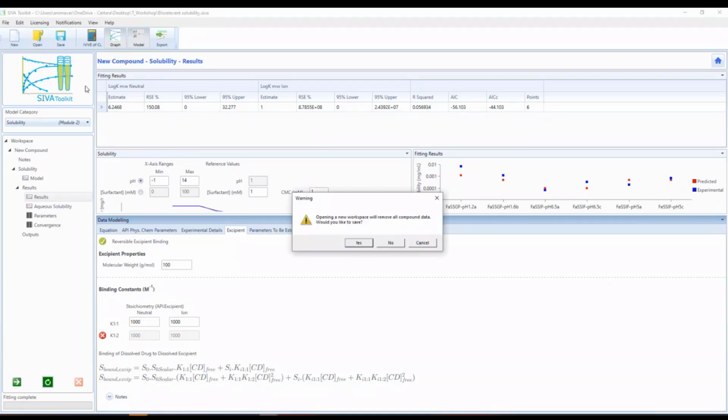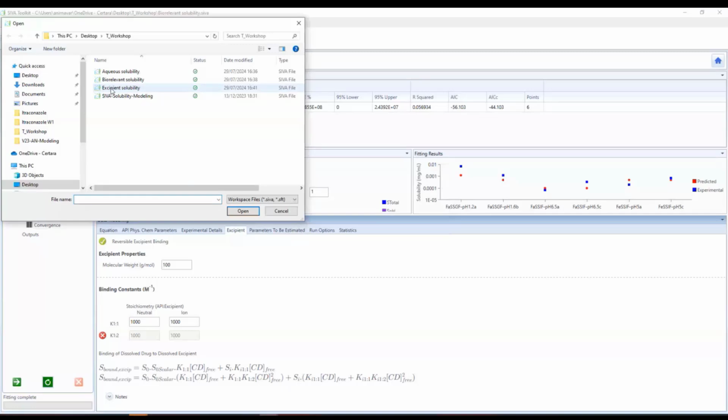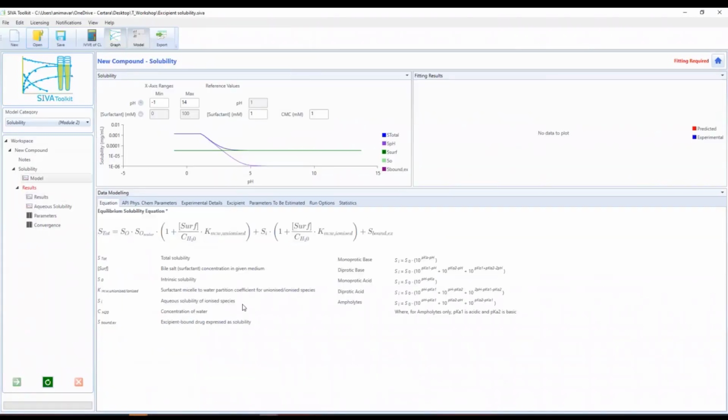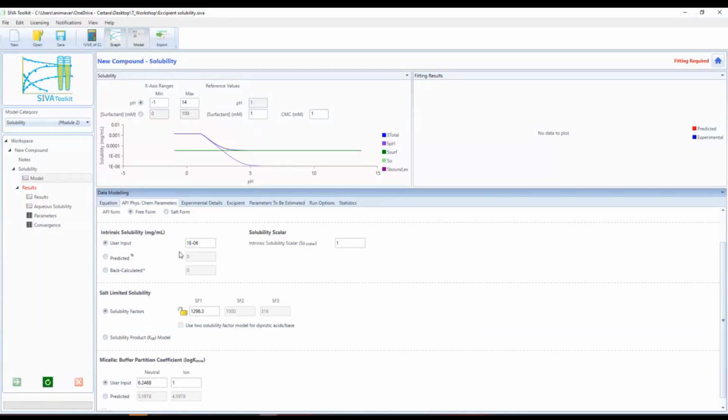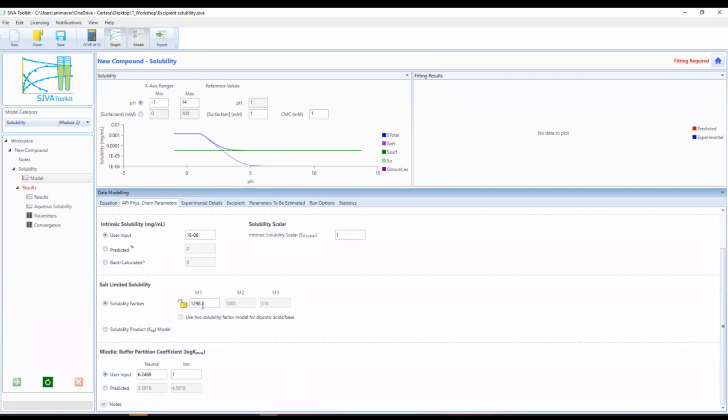Again, I have created a separate workspace for itraconazole, and nothing has changed in terms of the compound properties. The solubility factor from the first stage is here. The partition coefficients that I estimated in the previous step are added here. I'm going to change this one to 1 unit less than the